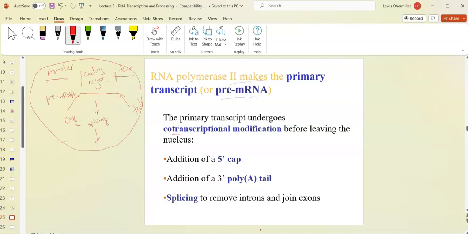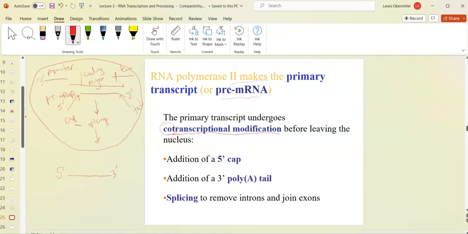Okay, so we say that these are co-transcriptional modifications because they occur while transcription is taking place. You may have learned that this occurs after transcription, but that's not true. I'm here to tell you that it happens during. So we know that this is the 5' end of the mRNA, right? Because transcription is in this direction. Otherwise, the promoter would be on this side. So this is the 3' end of DNA. 5' end of the mRNA, 3' end of the mRNA. So we have our 5', our 3'